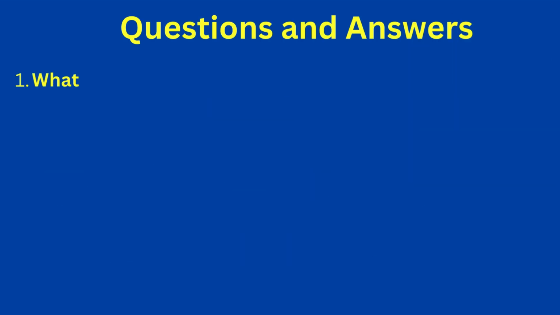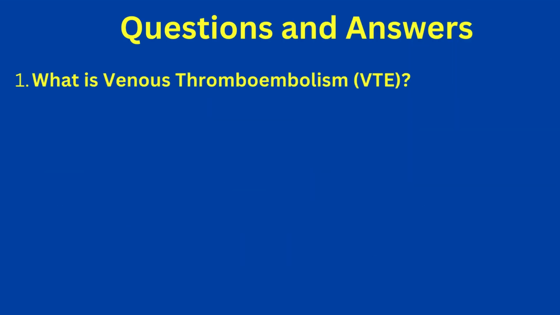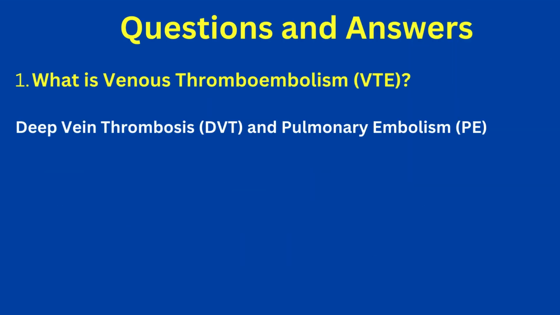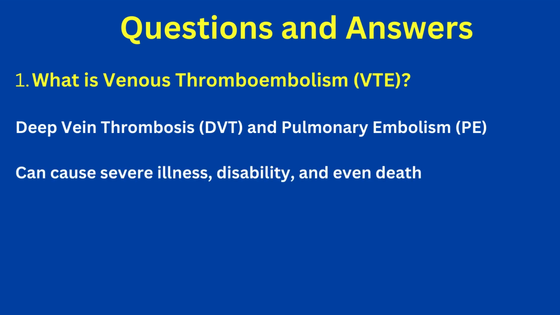Let's begin. Question number 1. What is venous thromboembolism? Venous thromboembolism or VTE is a condition that includes both deep vein thrombosis or DVT and pulmonary embolism (PE). DVT occurs when a blood clot forms in a deep vein, typically in the legs, which can lead to pulmonary embolism if the clot travels to the lungs, blocking blood flow. VTE is a significant health concern because it can cause severe illness, disability, and even death if not promptly diagnosed